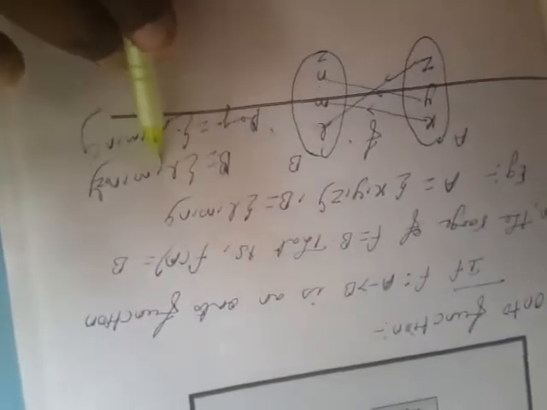Suppose here another value is there: L, M, N, Z. L, M, N, Z, like this is there. So the codomain value is what? L, M, N, Z. What are the range values? L, M, N alone is there. Now it is not the onto function. This is a one-to-one function, but not onto. Why? Because codomain is not equal to range. Codomain is not equal to range. So it is not an onto function.